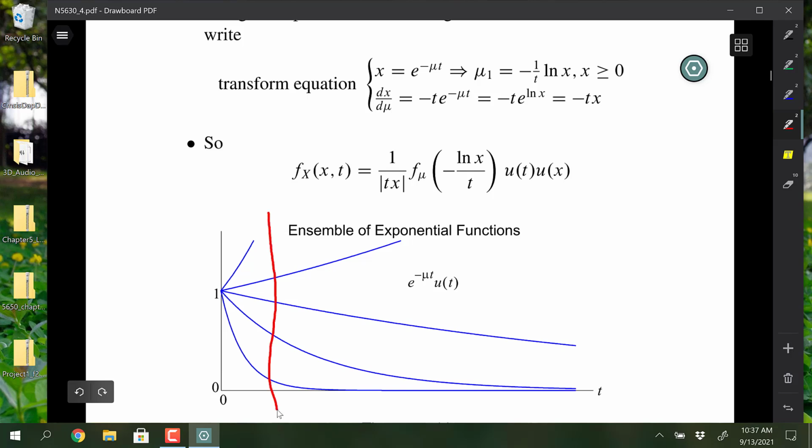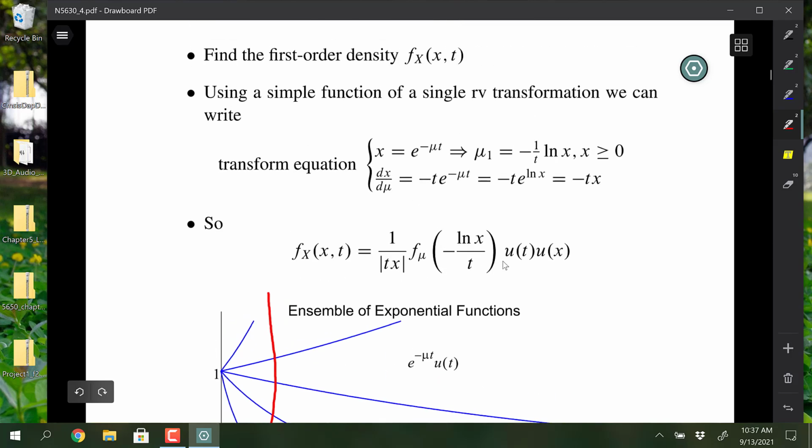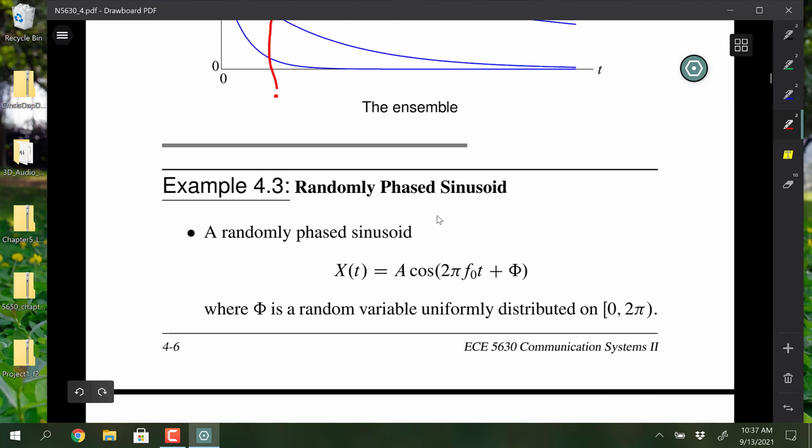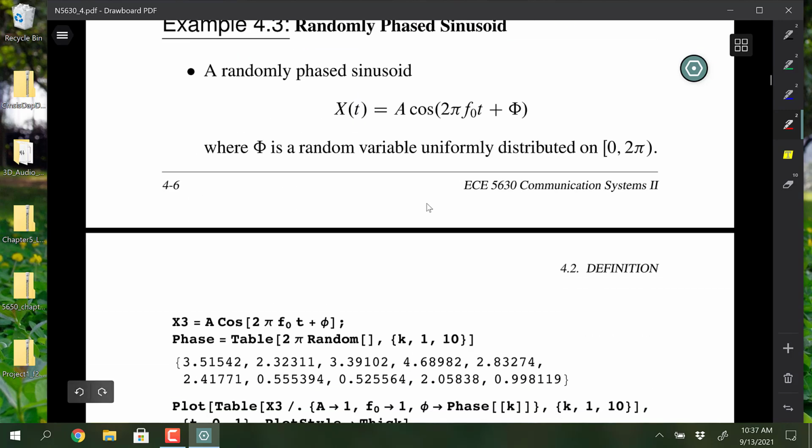characterizing it. And here, to characterize this one, we can think of one function of one random variable, and then we can just sit at a particular time value right down in here, and then we can use the fundamental theorem for the 1D PDF and get that to be the PDF at any given time. And the PDF has amplitude given by this function then. So that's starting to get a little bit mind-boggling, but the homework problem, the simulation problem, is the randomly phased sinusoid, and